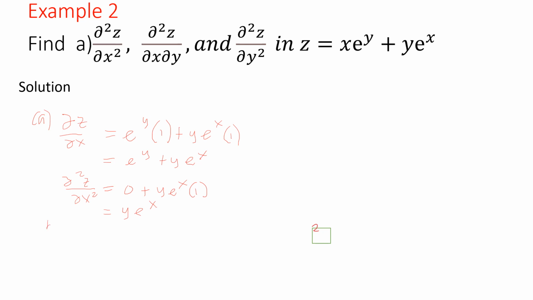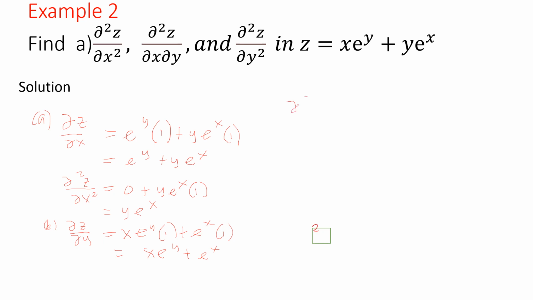For letter B, partial derivative of g with respect to y equals x e to the power y times 1 plus e to the power x times 1, equals x e to the power y plus e to the power x. But you have